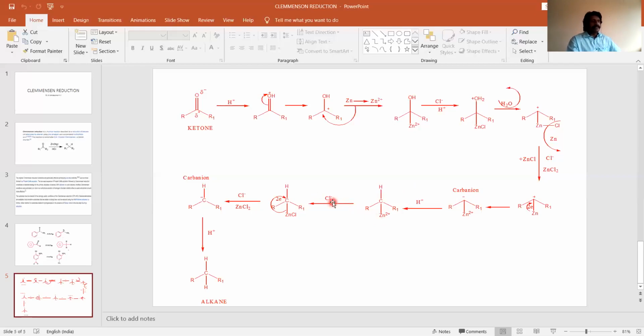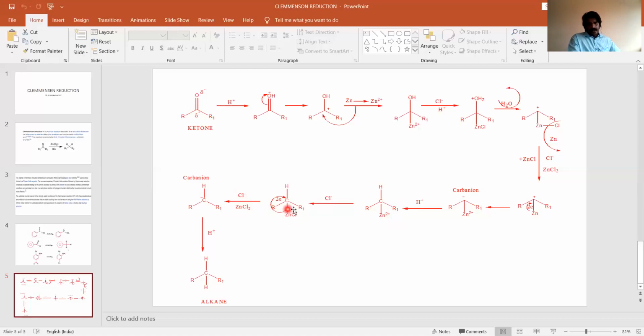You have to understand, Cl minus means 8 electrons in the outermost shell, forming ZnCl, since Cl acts as a ligand. It can give a pair of electrons and compensate the plus charge on Zn. Zn was earlier deficient of 2 electrons; 2 electrons are given by Cl, then ZnCl is formed. Now the fourth molecule of HCl comes into the picture, because the third molecule of HCl has been completely used. The fourth molecule of HCl is dissociated into Cl minus and H plus. That Cl minus joins with this ZnCl.